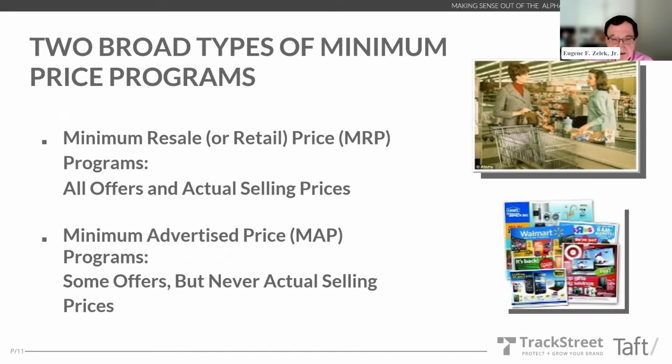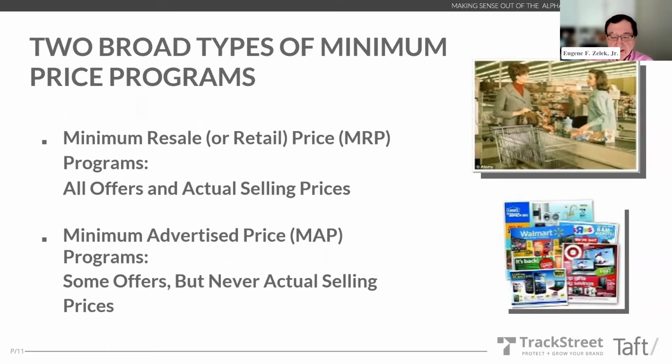So what do I mean by that? To put it in context, starting with MAP, so we'll go backwards. With MAP, in the online context, you can cover the product page and you can cover the in the cart price, but not the checkout price. At brick and mortar, MAP covers anything outside the store, newspaper advertising, internet advertising, whatever, but nothing in the store. Flyers handed out at the door, displays, price tags, whatever. In contrast, MRP programs cover everything. All offers inside the store and outside the store, all offers online, regardless of where they appear, plus the actual